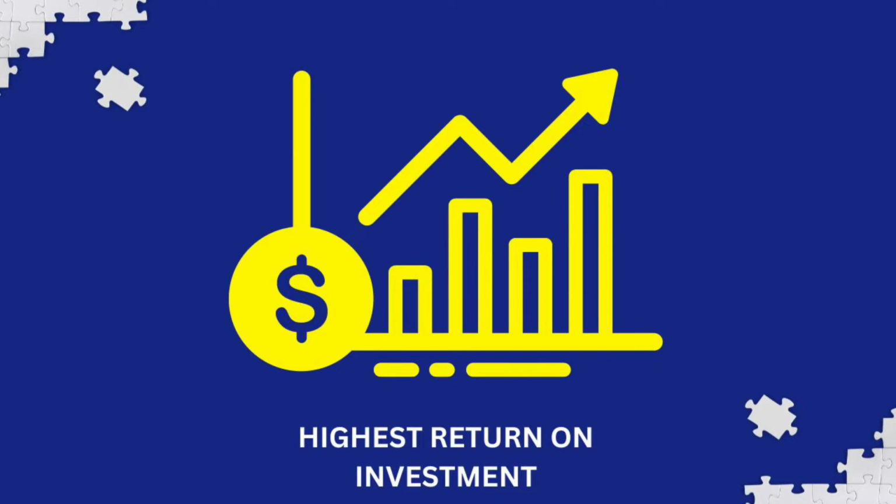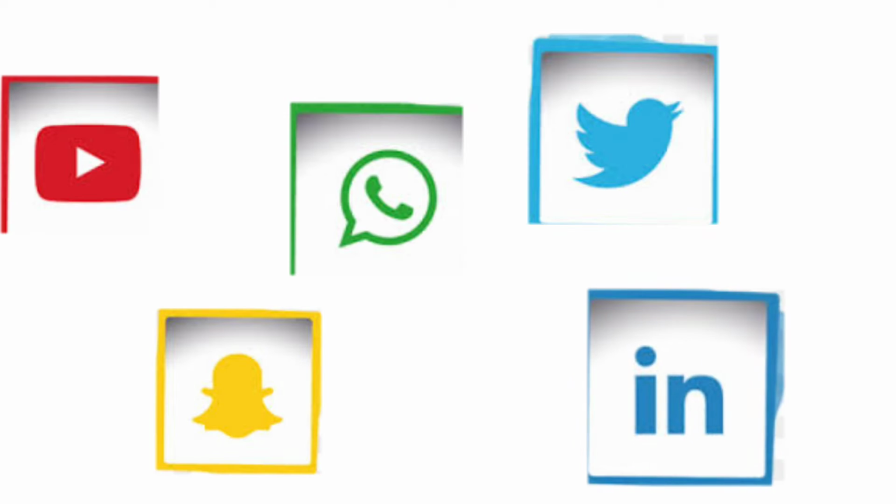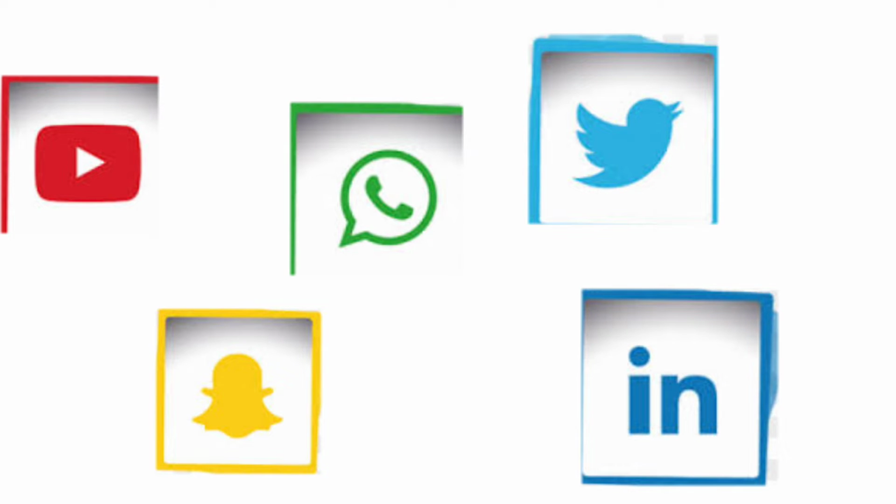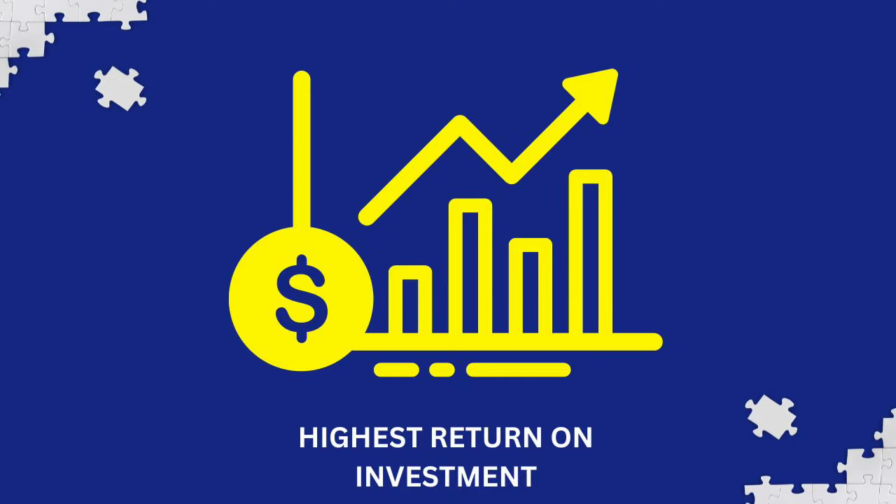Now, the first thing you need to know is that compared to other social media platforms like LinkedIn, Twitter, Snapchat, and the rest of them, Facebook and Instagram combined has been said to have the highest return on investment, guys. So if you invest a certain amount in any kind of ad on Facebook and Instagram, you have a high tendency of getting the result that you desire compared to any other social media platform. Okay, so this is one of those factors that favors running ads with Facebook and Instagram.